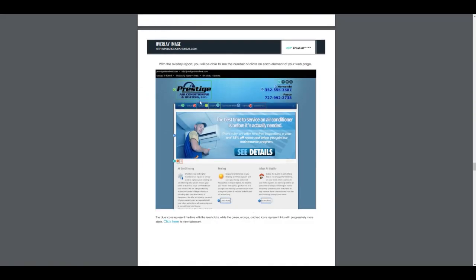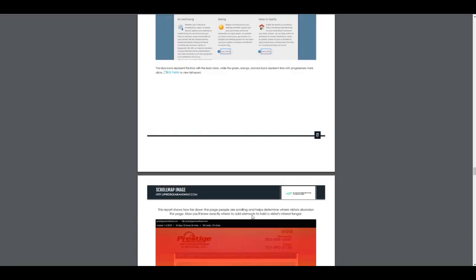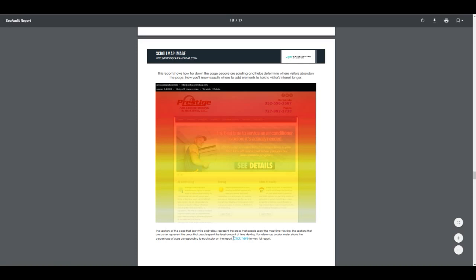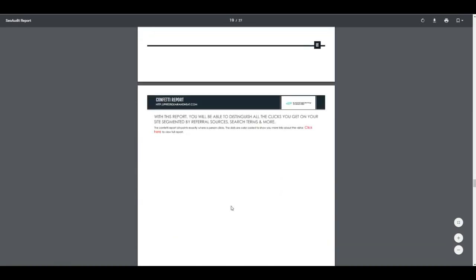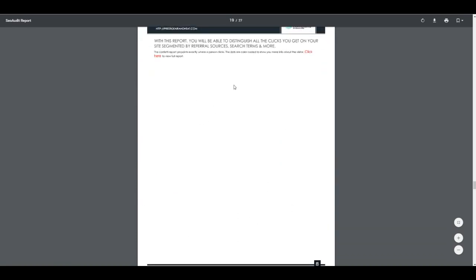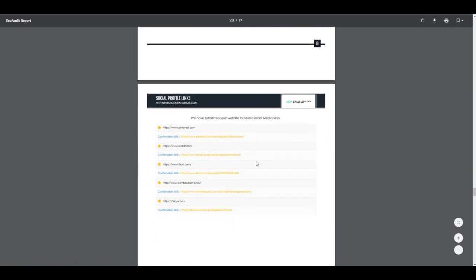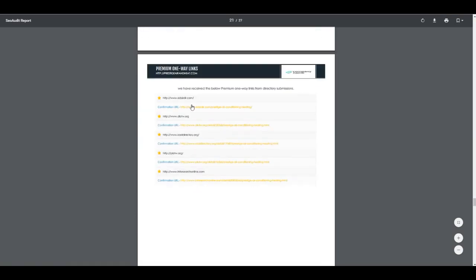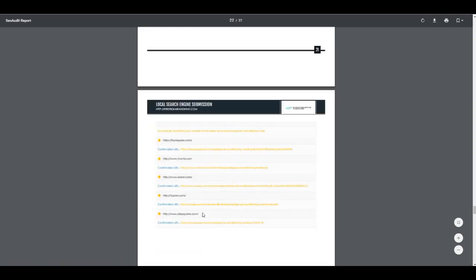This is your overlay report, which is highlighting different elements that people are clicking on. Again, click here to view the full report. Scroll map image report, click the full report. Confetti report, example's not in here, but you can click to see the full report. Social profile links, premium one-way links, click to see.